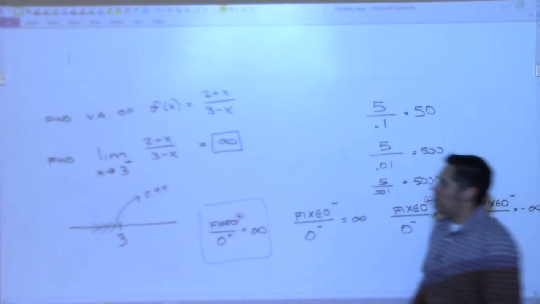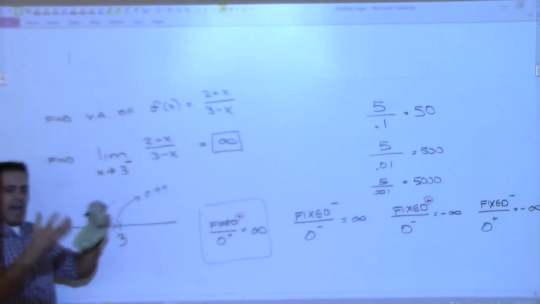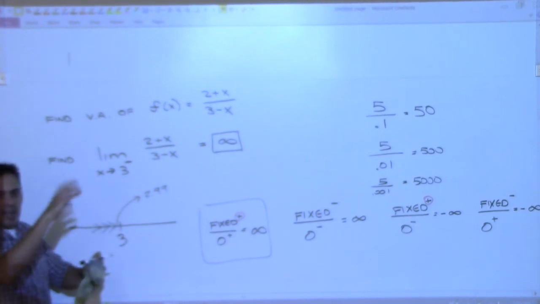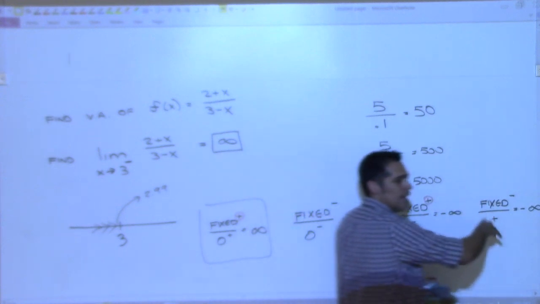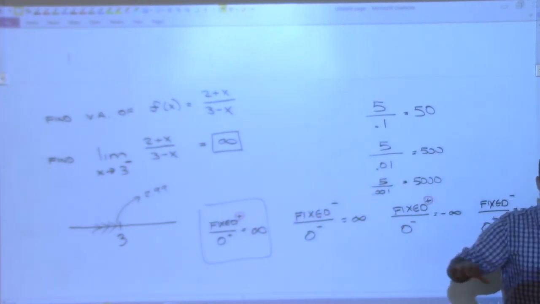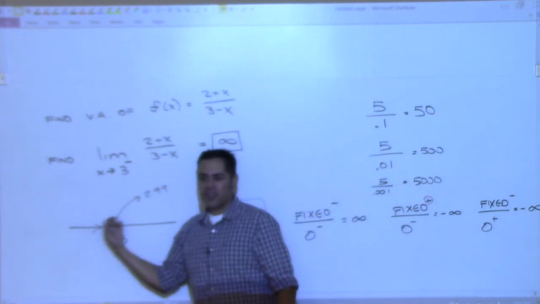Do you notice I'm not doing any algebra? When we had 0 over 0, we were doing some algebra or some weird thing with sine and junk. But when we have one of these 4, there's no algebra involved. It's all about thinking about what's happening, approaching a number from a side, thinking about